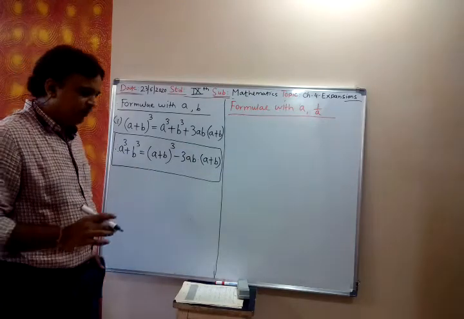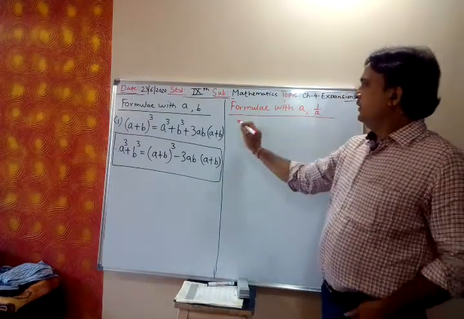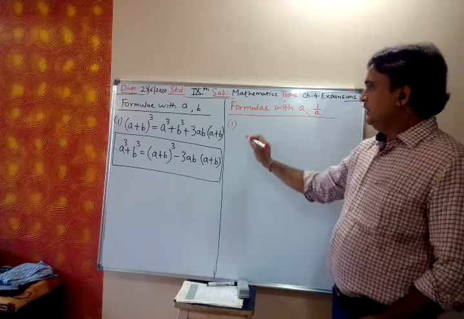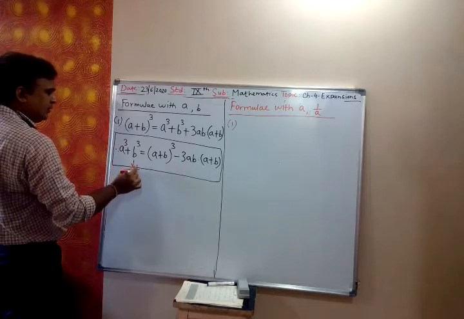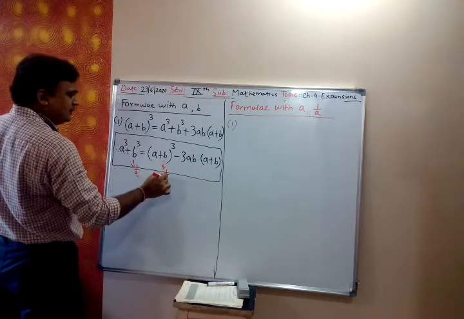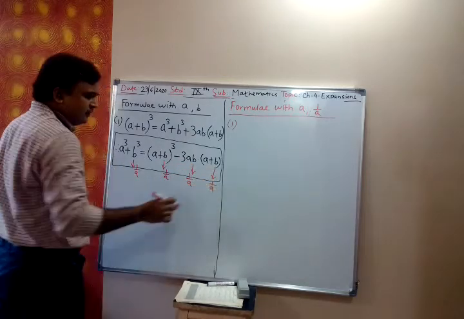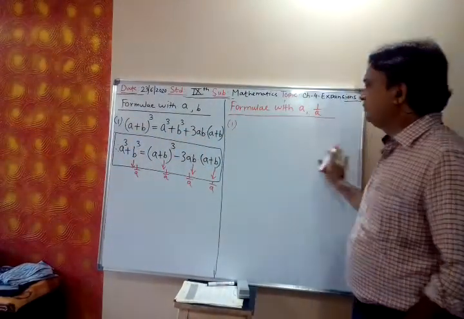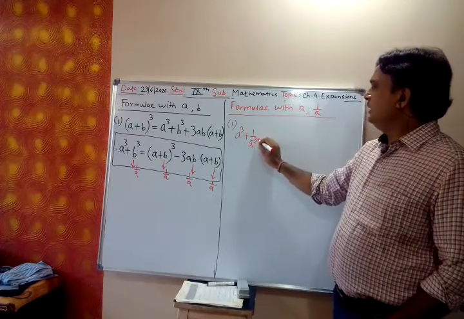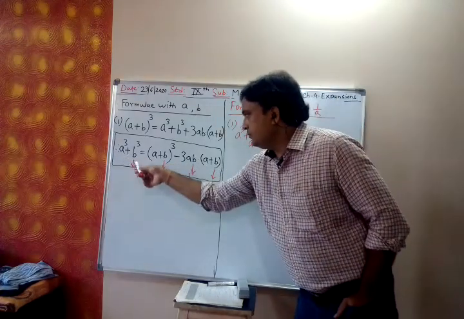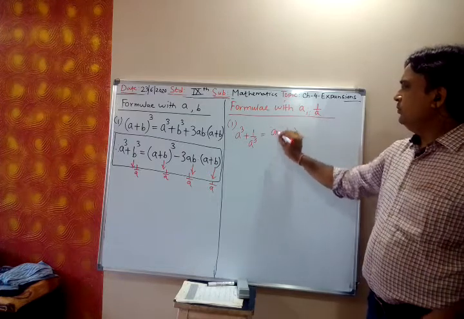The same formula I will derive for a and 1 upon a. So in the first formula, replace b by 1 upon a everywhere. So we get the formula for a cube plus 1 upon a cube. What is that? A cube plus 1 upon a cube is a plus 1 upon a whole cube